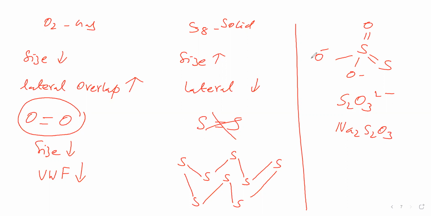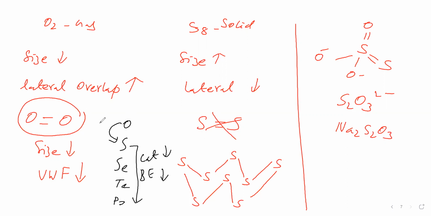In the oxygen family, how is the catenation power? We have oxygen, sulfur, selenium, tellurium, polonium. From sulfur to polonium, catenation power decreases because bond energy decreases. But from oxygen to sulfur, catenation power increases. So in the oxygen family, sulfur has the highest catenation power, as evidenced by S8, but oxygen is O2. Another one, O3 ozone, is possible, but even here only 3 oxygens. S8 contains 8 sulfur atoms.